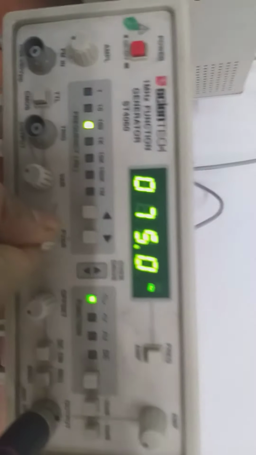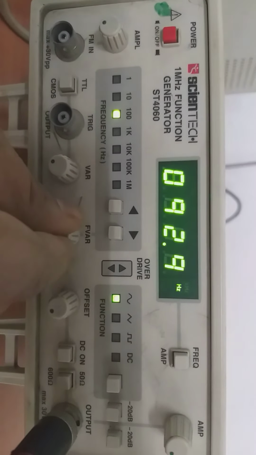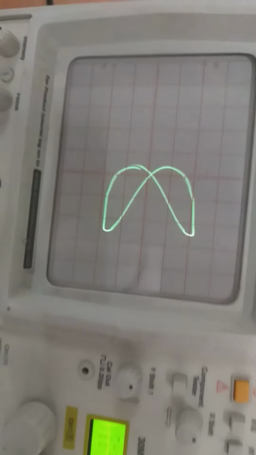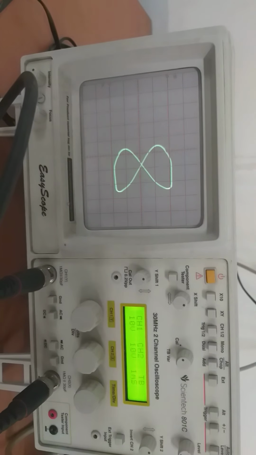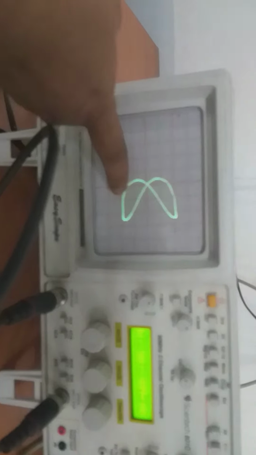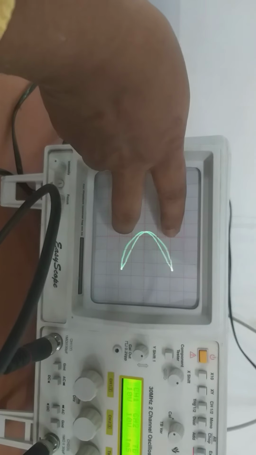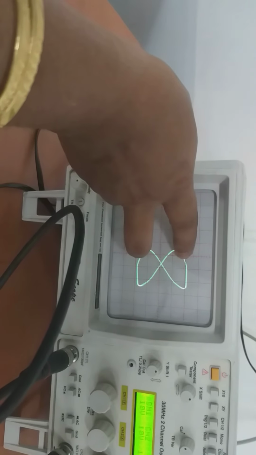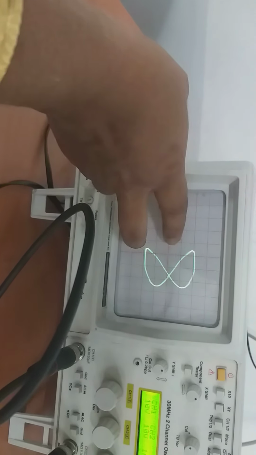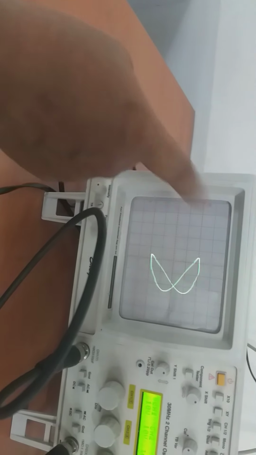You will observe that there is a variation in the loop. Instead of one loop, you will observe two loops. So here you can observe there are two loops. See, this is one loop, this is the second loop. Now what is the difference over here? The difference is that along the x axis you get the same tangential point number, that means only one point is in contact, but at the same instant there are 2 points along the y axis. That means Tx is 1 and Ty is 2. Here you can easily observe, see, these are the 2 points along y, and along x there is only 1 point.